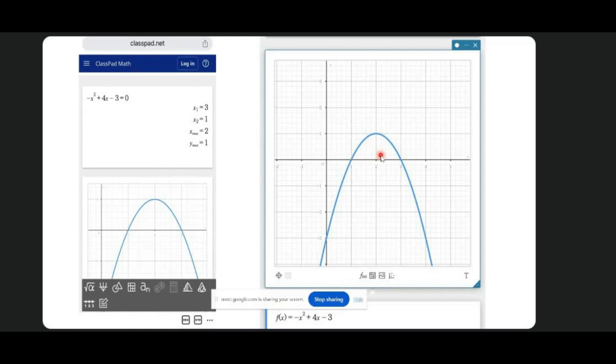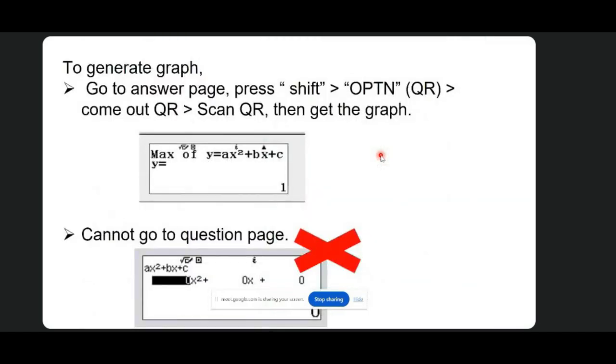Okay, if you want to do a complex question, maybe as a teacher you can try it yourself. Remember, you cannot go to the question page to generate the QR. You always need to be at the answer page, the last page of your answer page, then you can press Shift or OPTN to generate your QR for